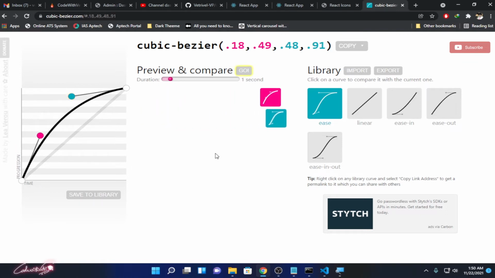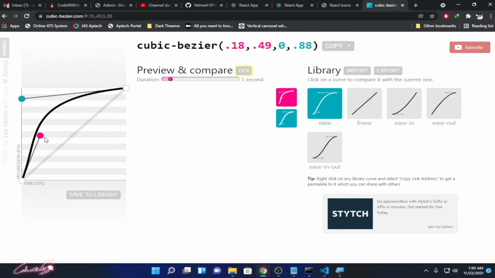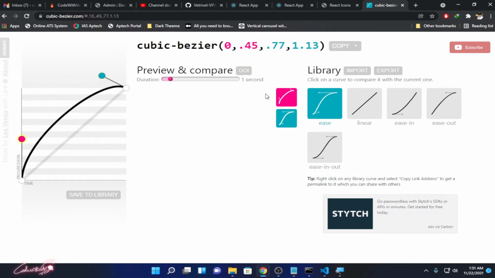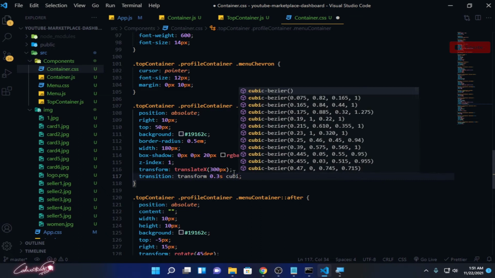If I click go, at the end it's coming very slow, so I can adjust it a little bit. Just play around here and create your own nice cubic bezier for these transition effects. So I'm just going with my default value, so cubic-bezier